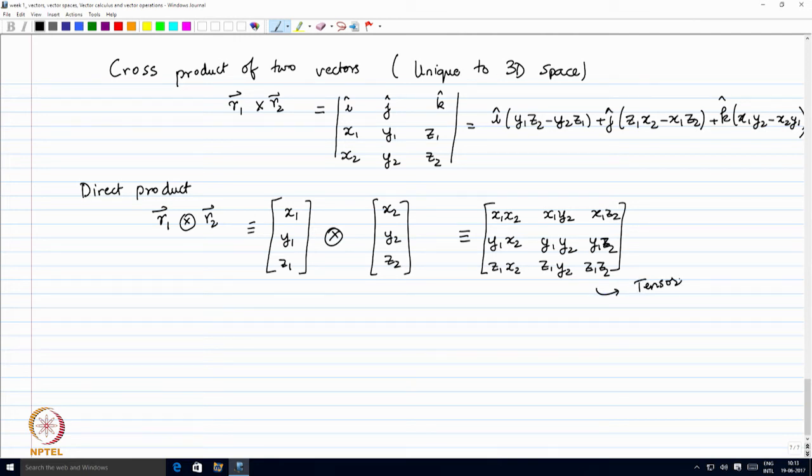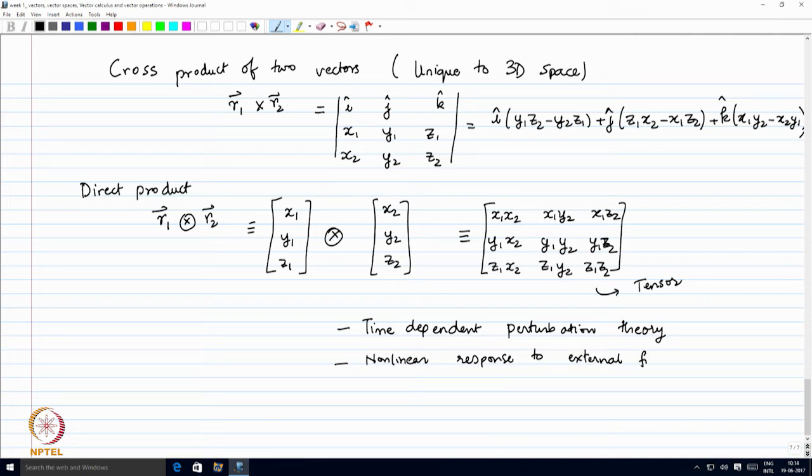Okay. I mean tensors are again quite important, for example, these play a role in time dependent perturbation theory. So, for example, you can see them in nonlinear response to an external field. Okay. So, for example, you can have something called a polarizability